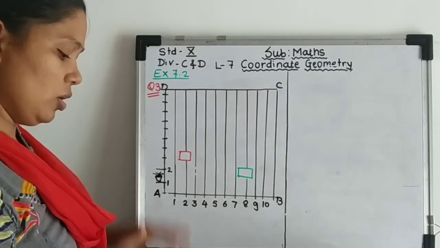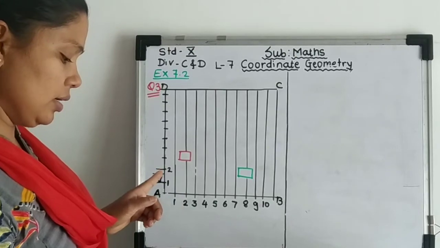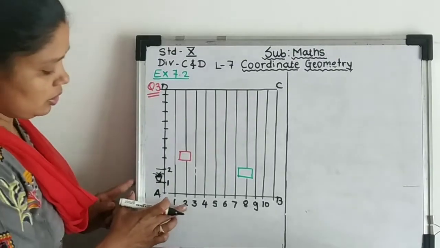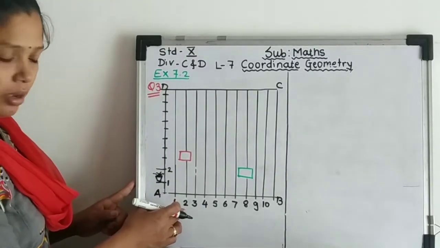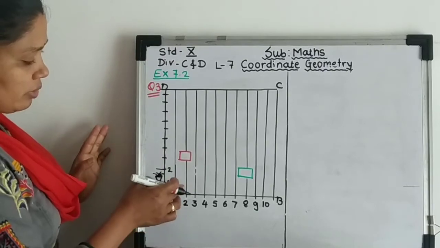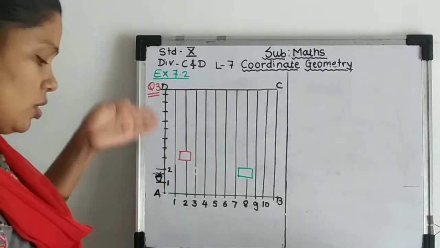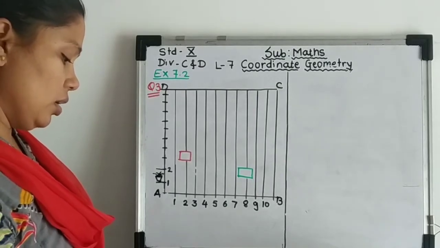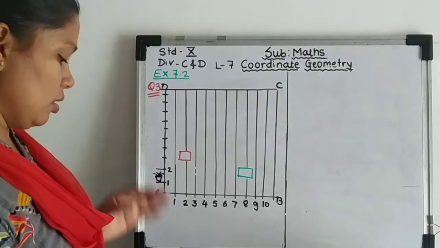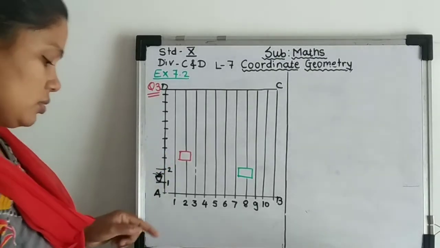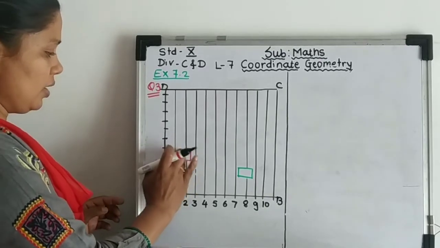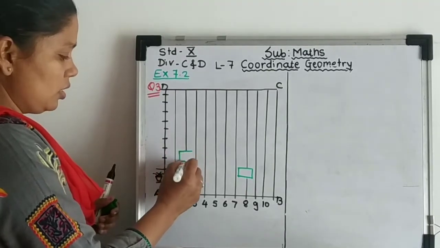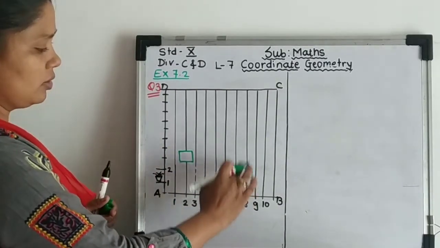So along AD, Niharika runs 1/4 the distance AD on the second line. See here, on the second line, Niharika, right? She runs 1/4 of the distance of the flower pots, and on the second line posts a green flag. So I'll show it by green color. She posted here that green flag, right?